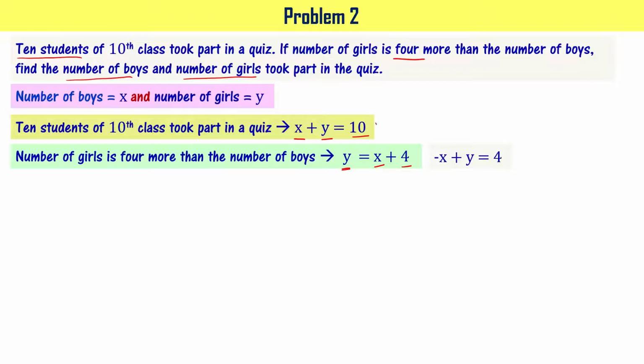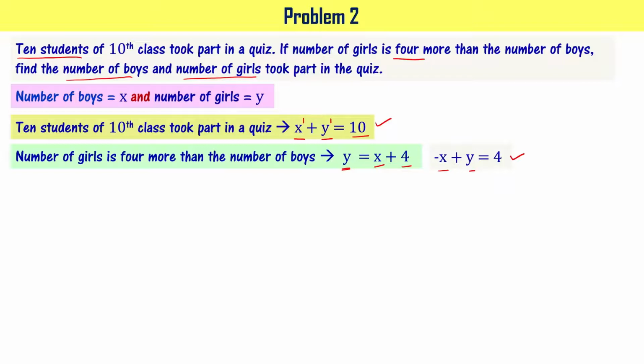Now if you observe these two equations, both have got two variables x and y, right? That's why these are a pair of linear equations in two variables. These are called linear equations because the degree of x, degree of y, or degree of each of the term in this equation is just 1. That is why it is called linear equation, and since we have pair of equations in two variables, these are called pair of linear equations in two variables. Now we have to solve these two equations to get number of boys and number of girls.